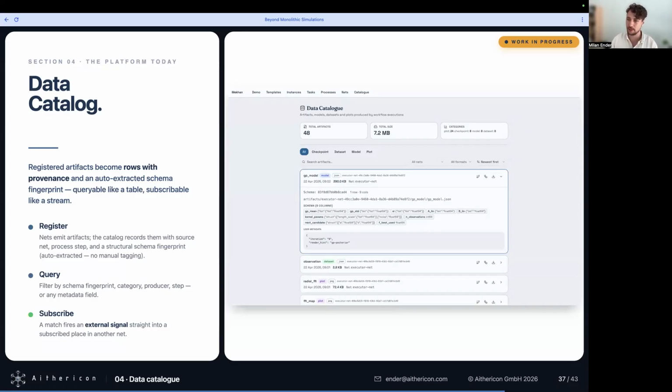Another extension of this formalism, I would call it, that is very essential and that you find in almost all modern AI platforms, or AI factories, as you might sometimes see them called, is a central data catalog. Whenever we see a file being created in one of our workflows, we have a mechanism to extract metadata from it.